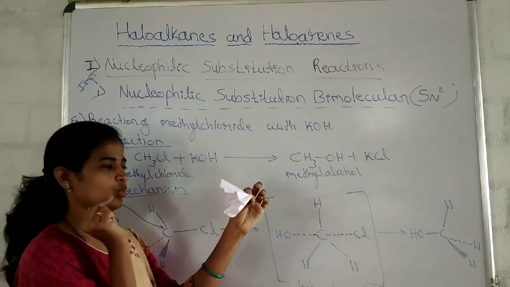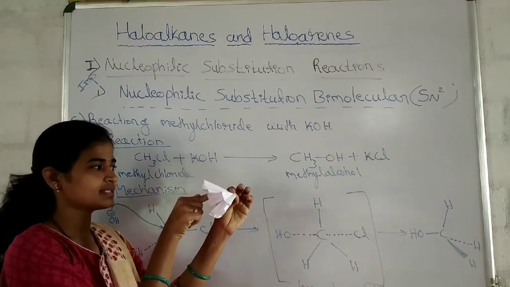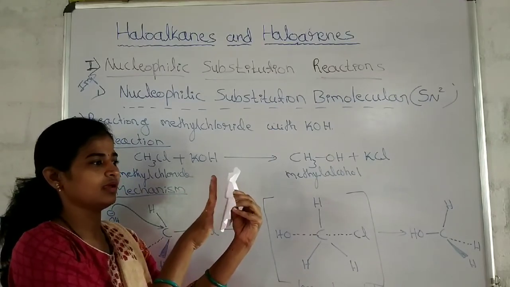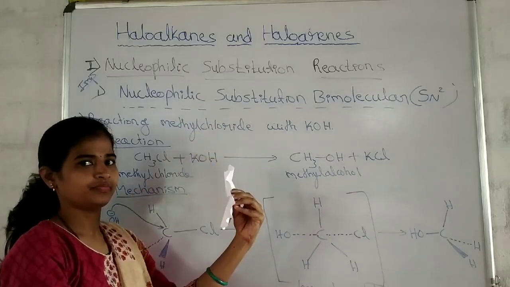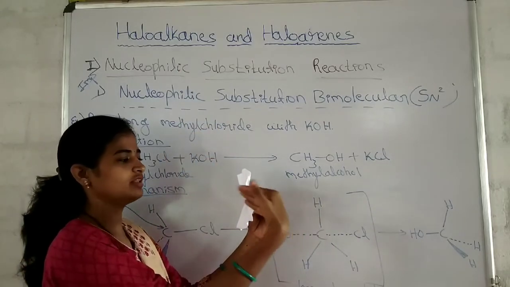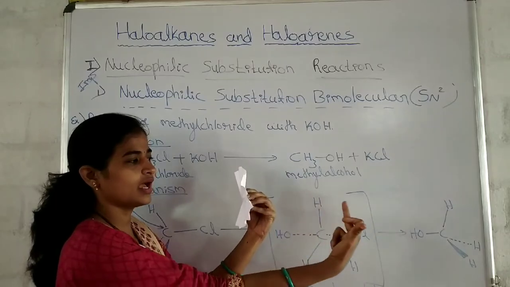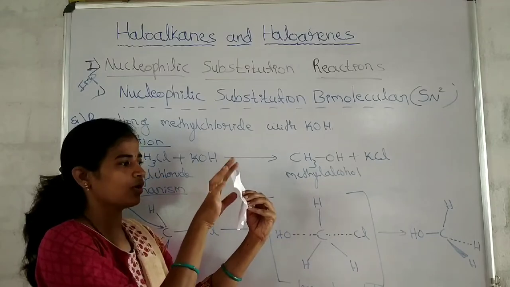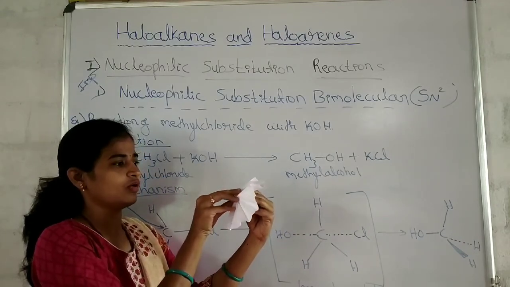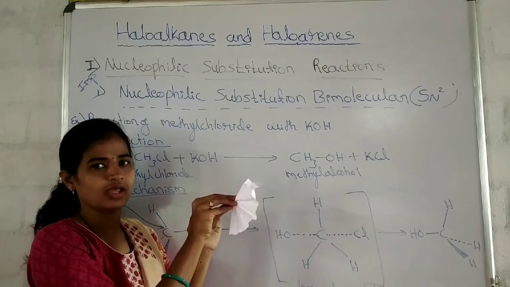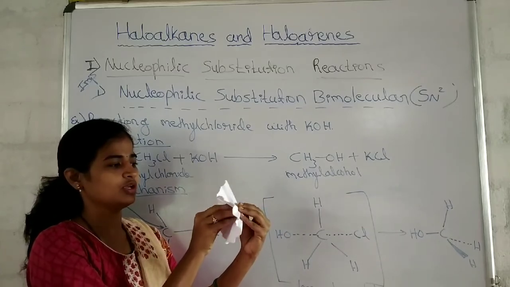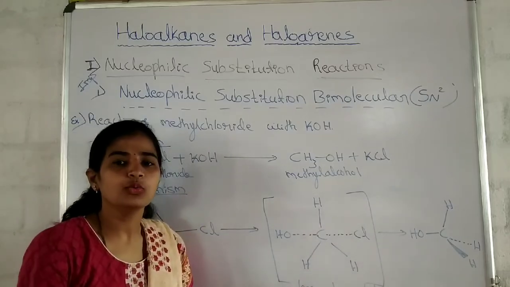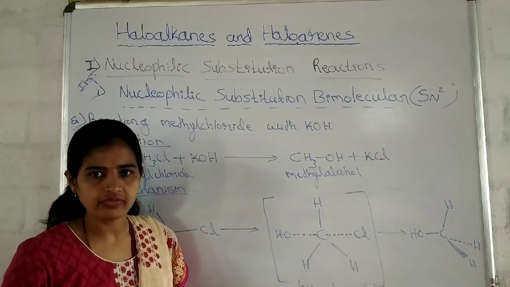Once the nucleophile enters from this side, what has happened in the transition state? See, they have become planar like this. All the hydrogens are in the same plane. And when the product is finally formed, this carbon halogen bond is broken and a new nucleophile carbon bond is formed. Then all these hydrogen atoms have moved away from this nucleophile. First it was like this. The molecule was like this. Now it has become like this. Got it? What does it mean? Inversion of configuration. Hope you have understood.